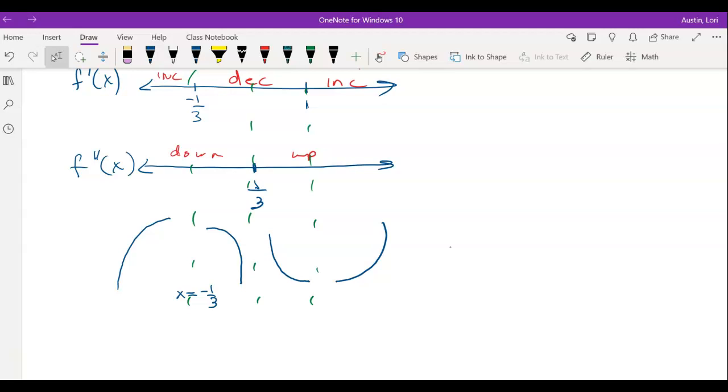So get your calculators out. I'm not doing it. In other words, we got to figure out what that actual maximum value is. Right now I have negative 1/3 comma something. You got to plug negative 1/3, and where do you plug it in? Base function. So you have to know when you're plugging things back in. So go to the original function, which was that 12x cubed, and go ahead and find for me